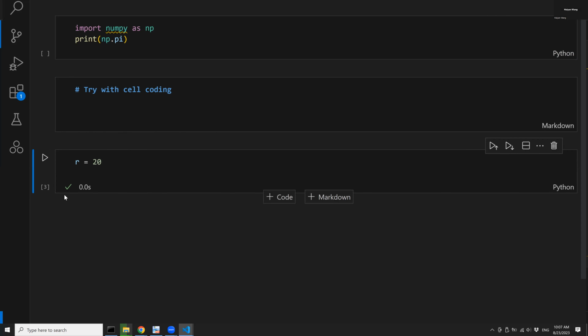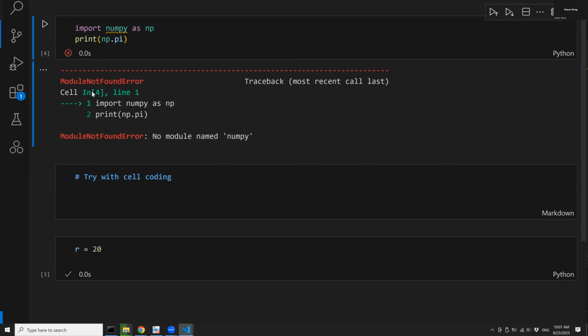And if it's successfully executed, you see this check mark. Otherwise, you will see red colored errors. Again, this output is always right below the cell. You can delete the output, like just now I deleted, say here, this was the one that has the error